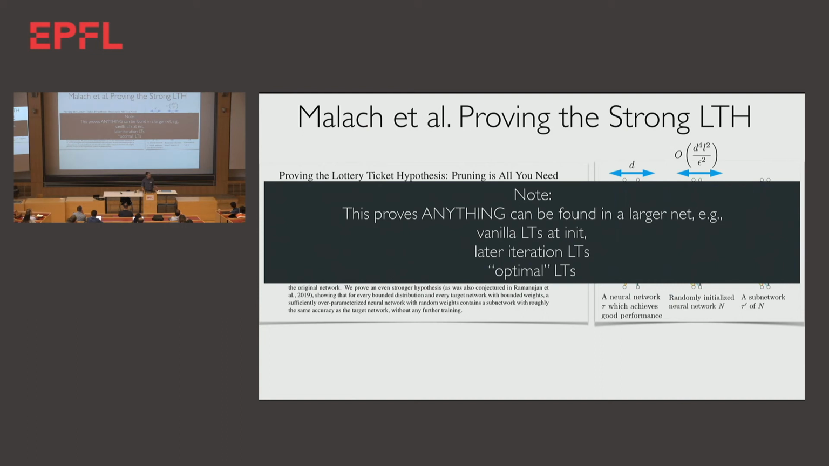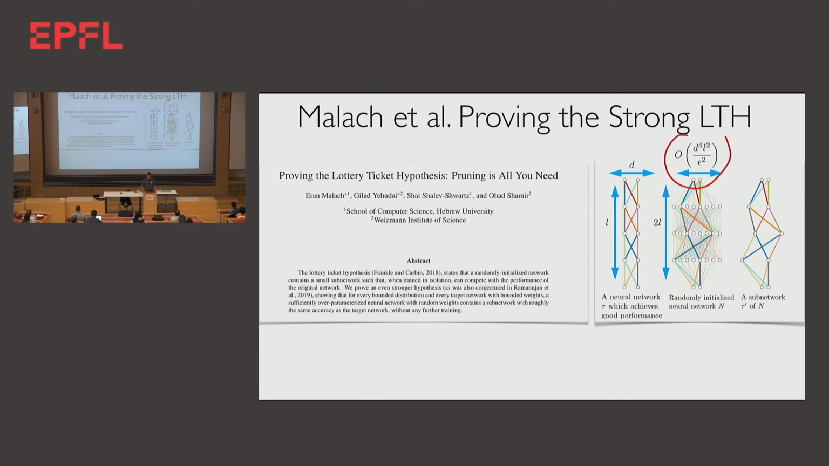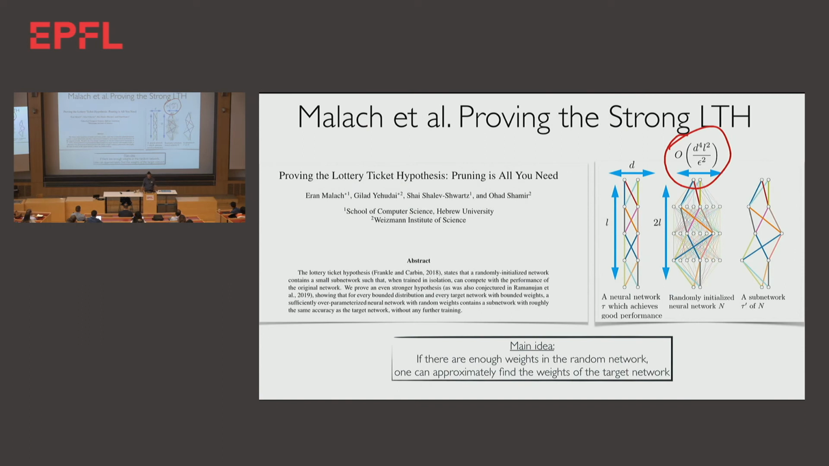But there is something that I don't like about this theorem. What I don't like is this high requirement on overparameterization, because if you start with a ResNet 34, this requires a ResNet quadrillion, basically, to prune and give you the same performance. The reason for this limitation is that in their proof technique, the main idea is to